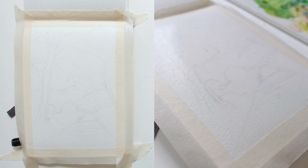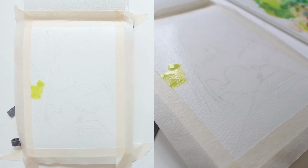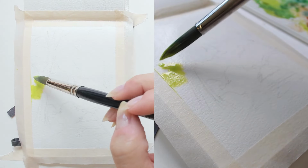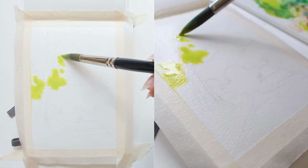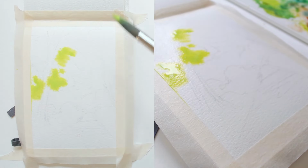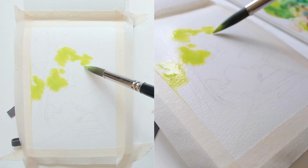So I'm going to start with a large round brush. I usually use pretty big brushes for the background layers. Let me grab some of that leaf green. And I like to paint very loose in the background. I usually start with the light colors, and I want a glowy look to what I'm painting back here, because it's not truly an underpainting, but it's a base layer that I'm going to show through